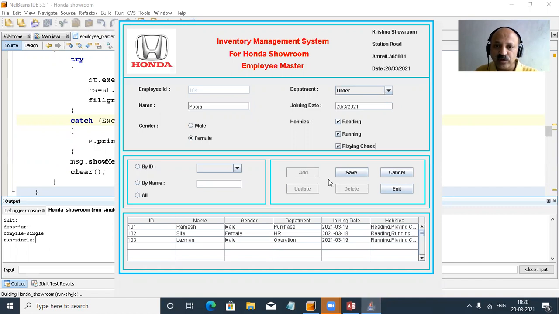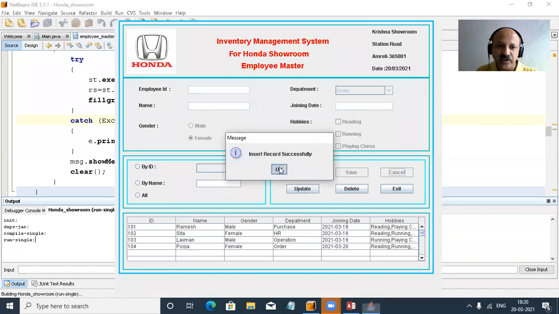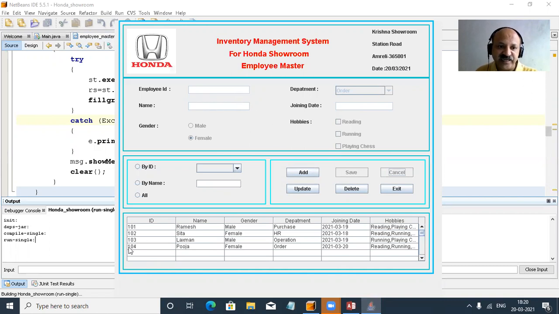In the perfect way, you can look here. I press add. So add, update, and delete are disabled, and save, cancel, and exit. Exit is also disabled. Now I press save. Insert record successfully, and at the same time all fields are cleared. Then enable false. That insert I took in my previous video lecture, with auto generate: add, save, cancel, and exit. And now grid button click, meaning mouse click, and the update and delete operations we have to take. Now I select this last record, and it is selected perfectly.